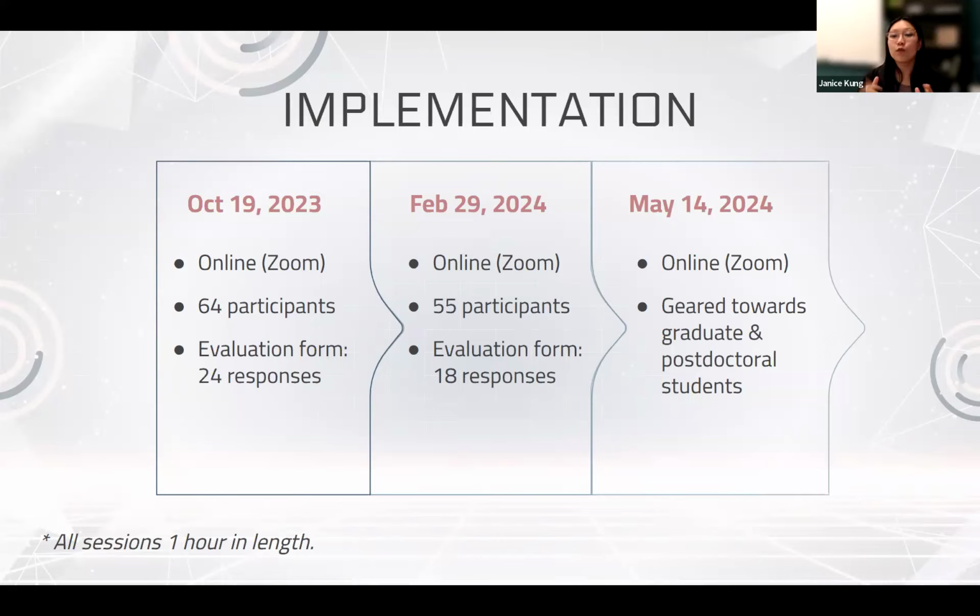And I look forward to continuing to offer it in the coming years, just because I don't think this is going away anytime soon. So now I'm going to share with you the evaluation form, the questions I asked and what the responses were, because you can learn from my experiences or my mistakes or my successes. So let's look at the responses.